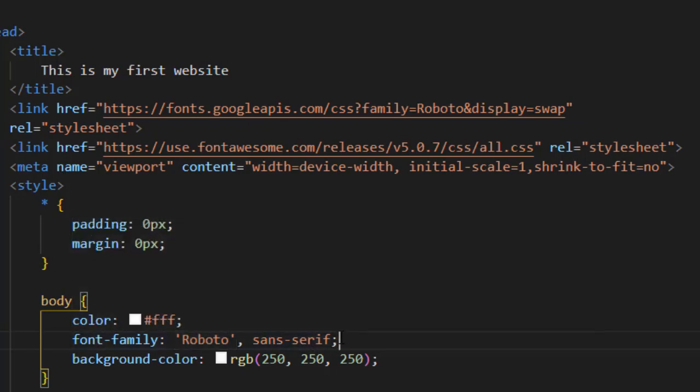Anytime you want to use font family later in your CSS code, you can just type the same thing, font family, and set its property to Roboto in single inverted commas. And you can also include sans-serif like this. So that is what to do, and that is how to go about it when you want to include fonts you want.